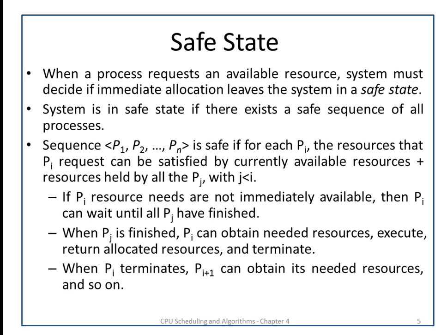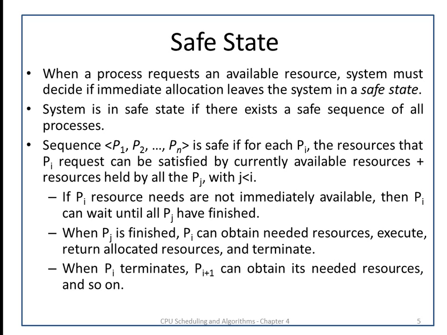The system is in a safe state if there exists a safe sequence of all processes. For example, a sequence P1, P2, P3 ... Pn is safe if for each Pi the resources that Pi requests can be satisfied by currently available resources and